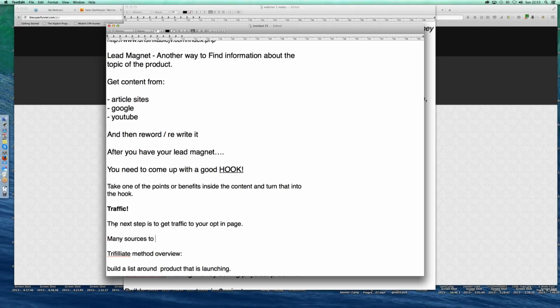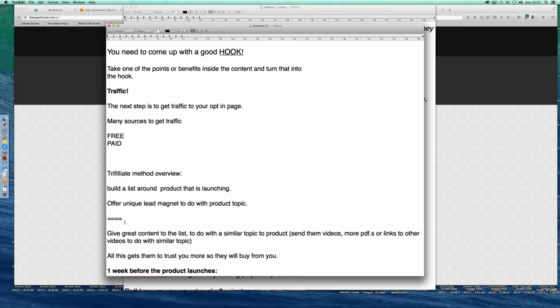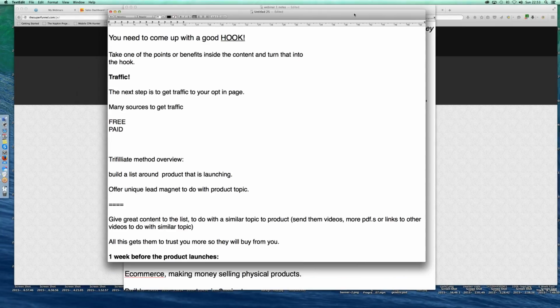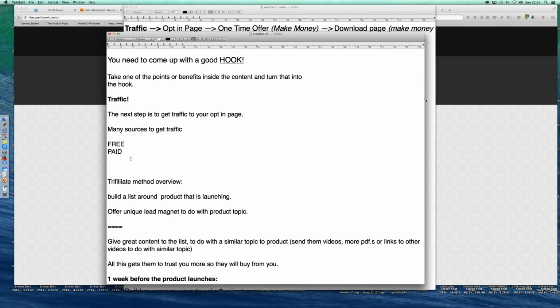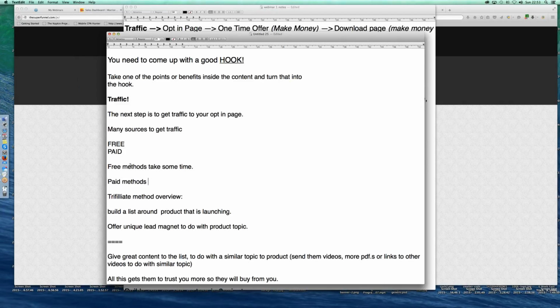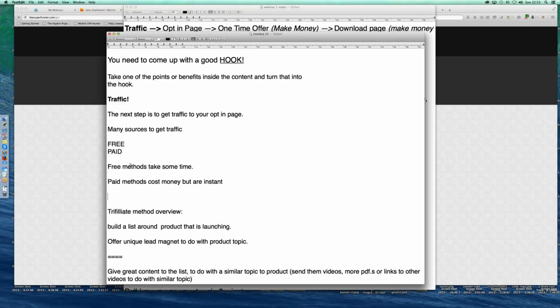There are many sources to get traffic, okay? You've got free traffic and you've got paid traffic. Now, really, even myself, I don't use that many traffic methods. These days, I only really use the traffic of affiliates, but obviously that's only if you have your own product. There's other ways. There's free methods, which take some time. Paid methods cost money but are instant. But you want to try and do a mix of both, or just the free at the start, because